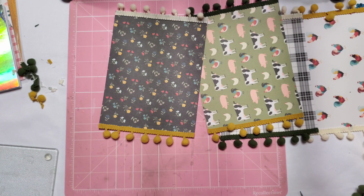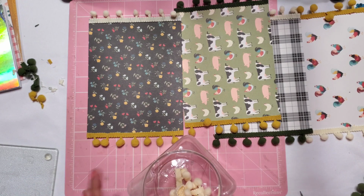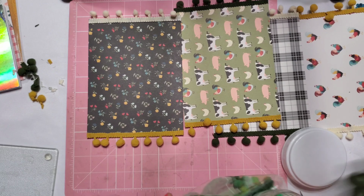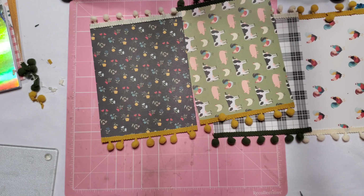Alright, you guys, we did it. I love how this one actually came out. I will tell you guys my little thought process on it in 1 second. So let me just go ahead and put this back into its respective container. All right. Okay, so